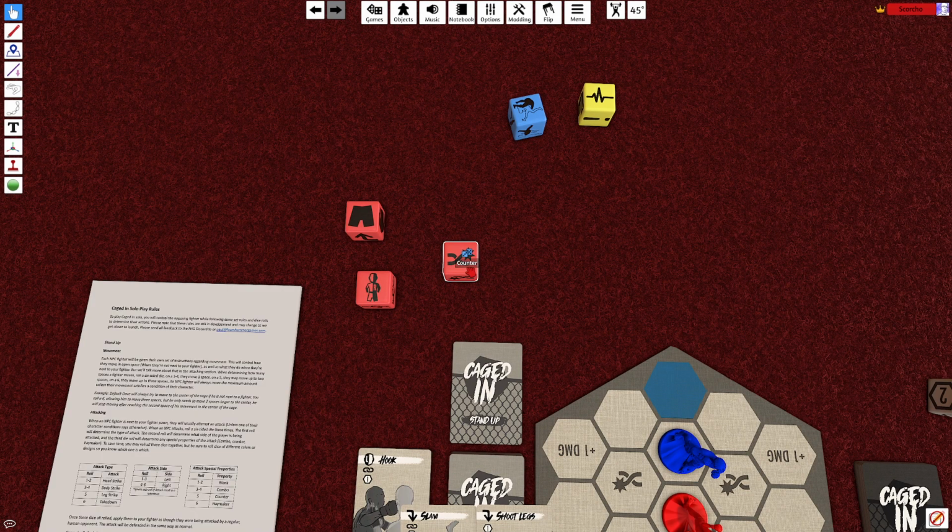So we have the counter result, which if that comes up, then the next attack that they defend against will have the counter symbol on it. We have a blank result. We have the combo symbol, which will just let him roll again if it's successful. And then we have the...